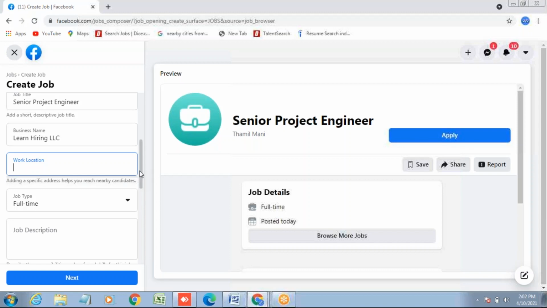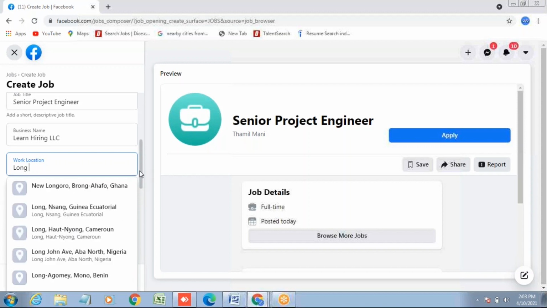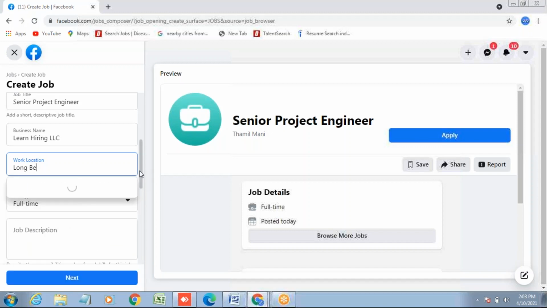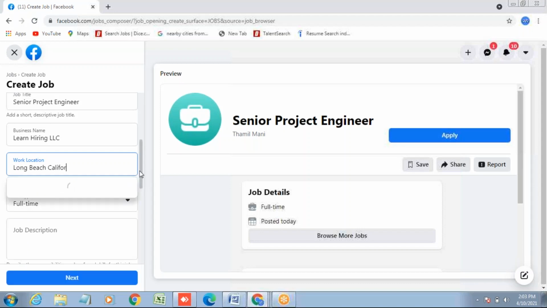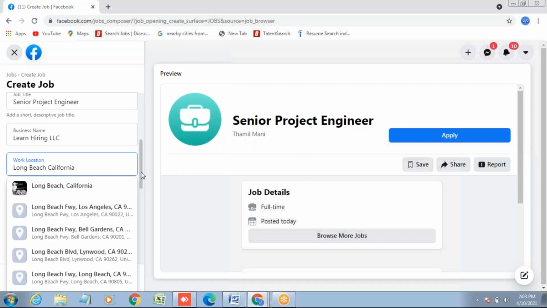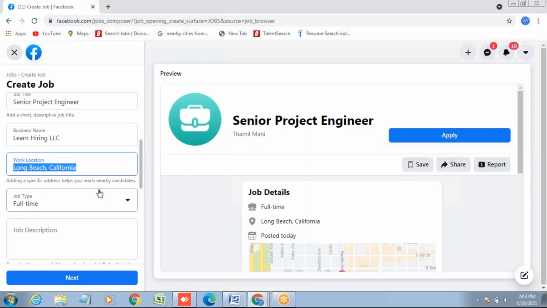Yes, sir. Type Long Beach, California. Always give a comma after the city. Long Beach, California. Job type is full time.